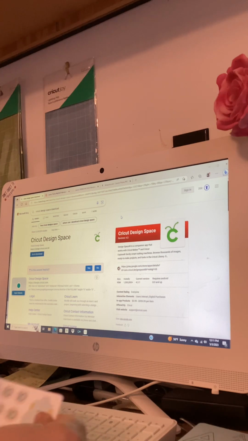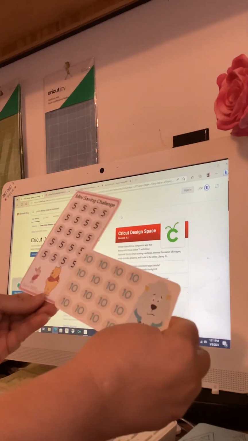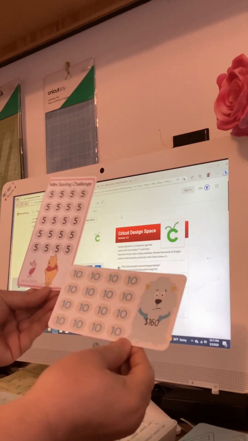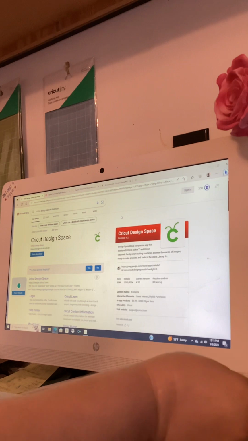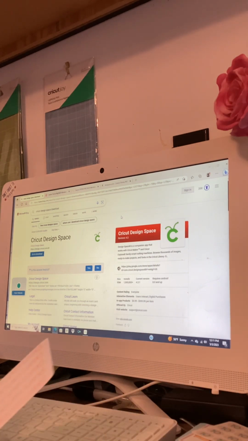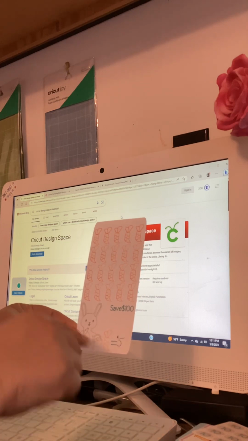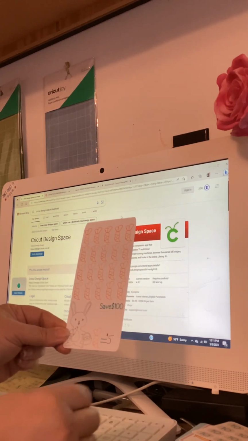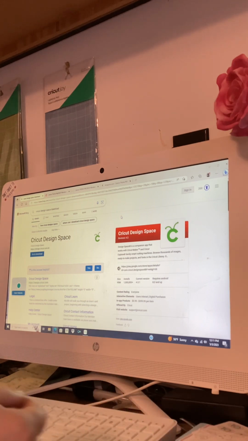Then we went in and created horizontal and vertical savings challenges. And we also did some using the Cricut pens and drawing out images to save money. And we also made